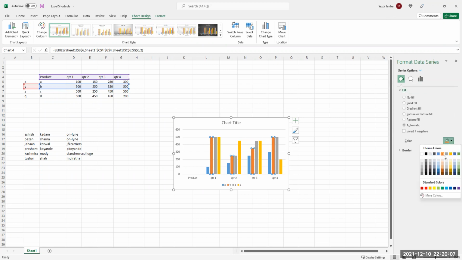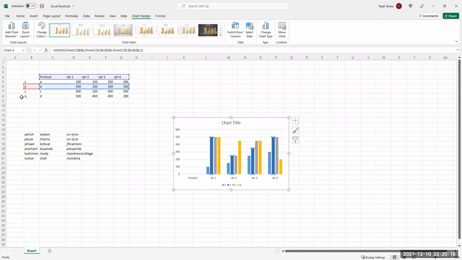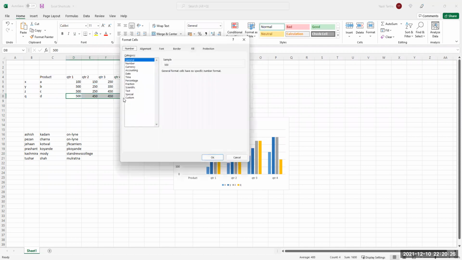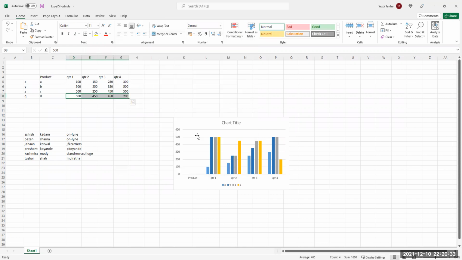Automatic, what color you want, say blue color, etc. So Control 1 allows us to format anything, text, numbers, anything that you want to format. Just go here and say Control 1 and you jump to the formatting options. Easy.